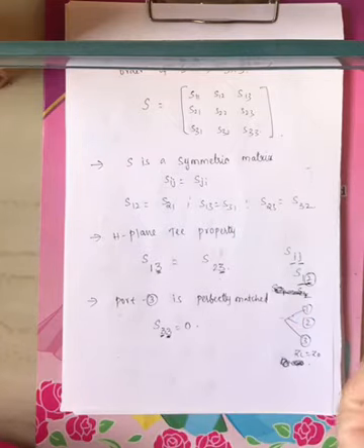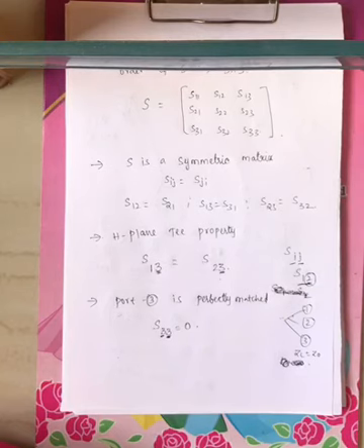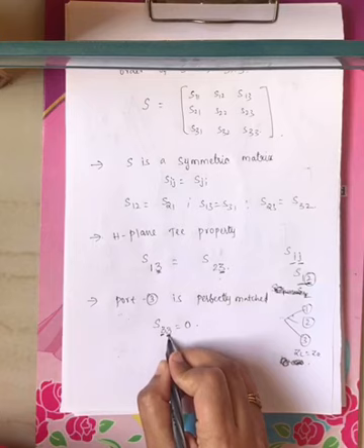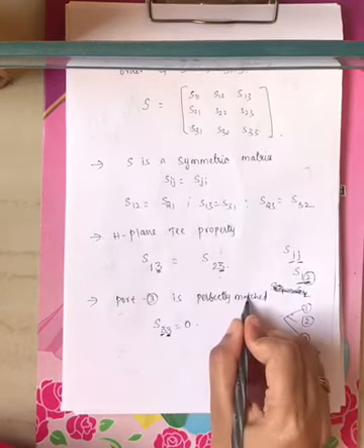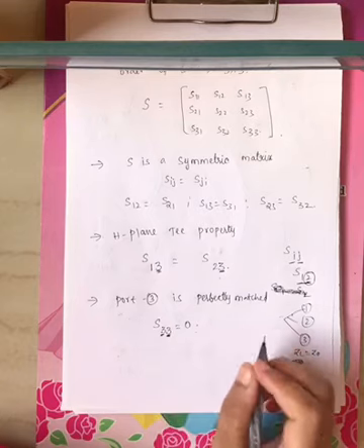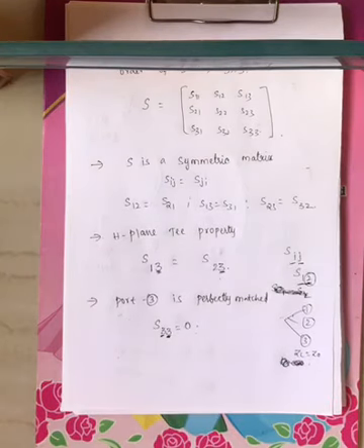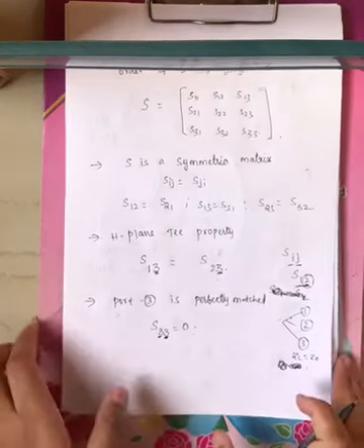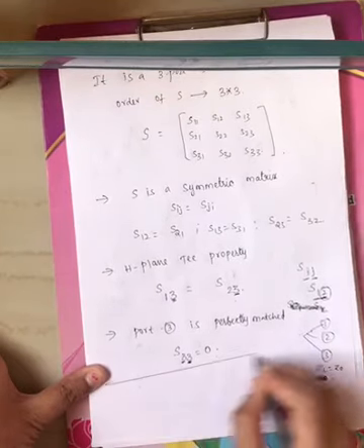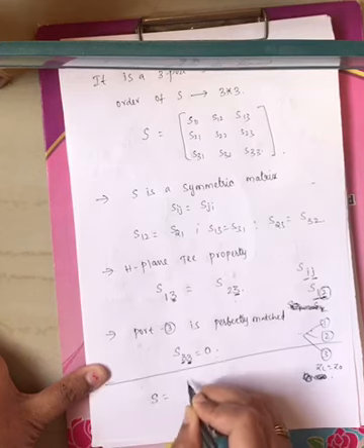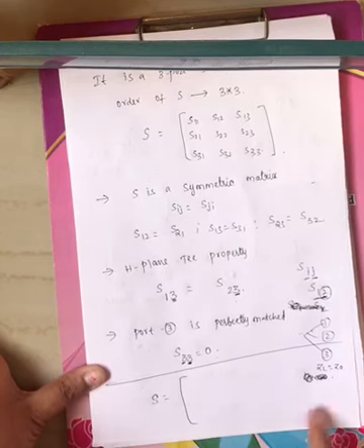When a particular port or transmission line is perfectly matched, you won't get any reflection from that port. I'm giving input power from port 3, and you won't get any reflected power because port 3 is perfectly matched. That's why S33 is 0. Now with these properties, if I substitute all these values, what will be the S?